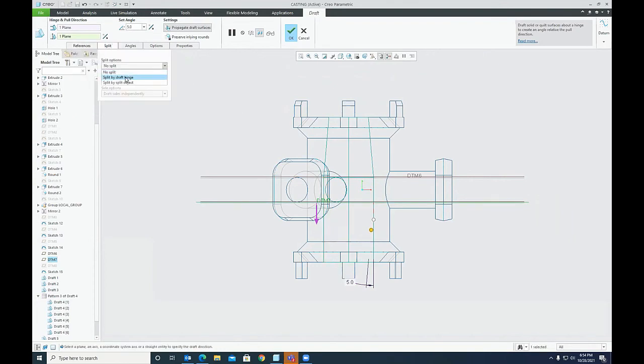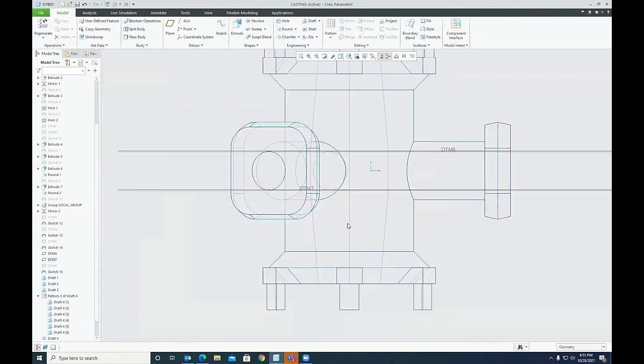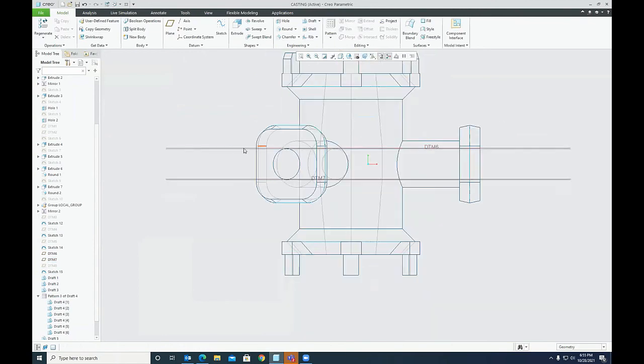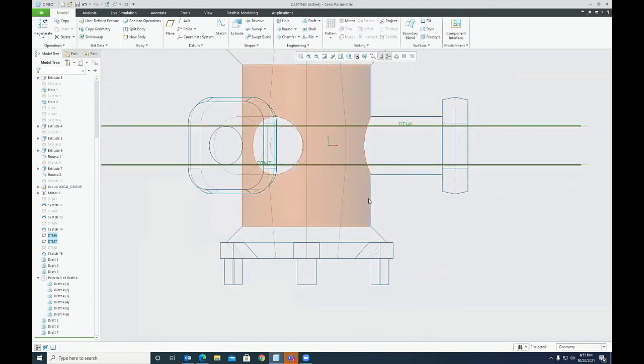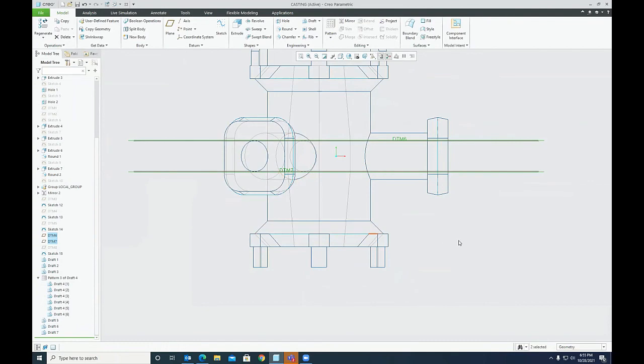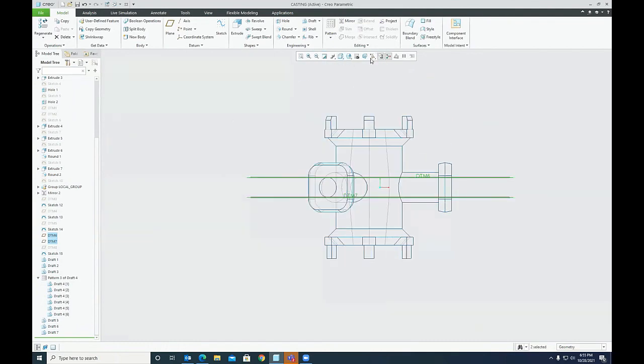And then splitting for second side, and this is done. So the geometry looks like this. In between these two planes, draft is not given here, and above that draft is given on upper side and bottom side. That is the split draft.